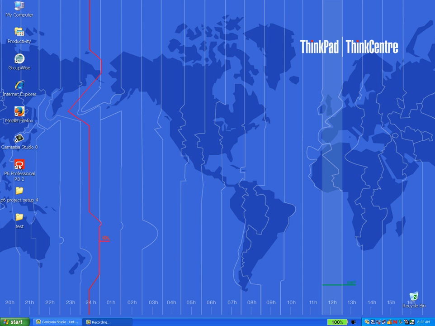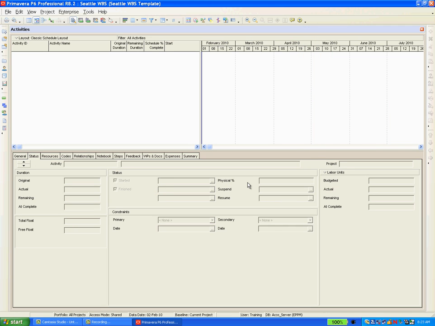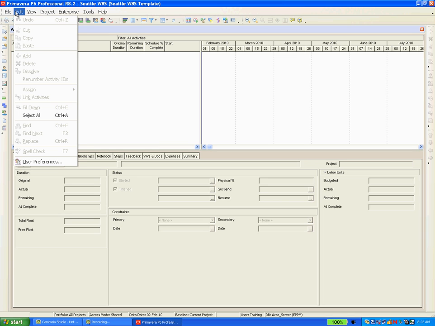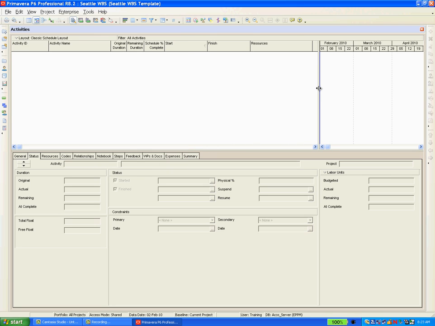So let's get started. We'll come over and click on the P6 icon, input our password. So here's a new project without any activities or work breakdown structure. Across the top of the screen you have a bunch of icons that are quick links. These same things are mirrored in the different pull-down menus. You can move the screen to hide more of the Gantt chart, show more of the columns, or you can